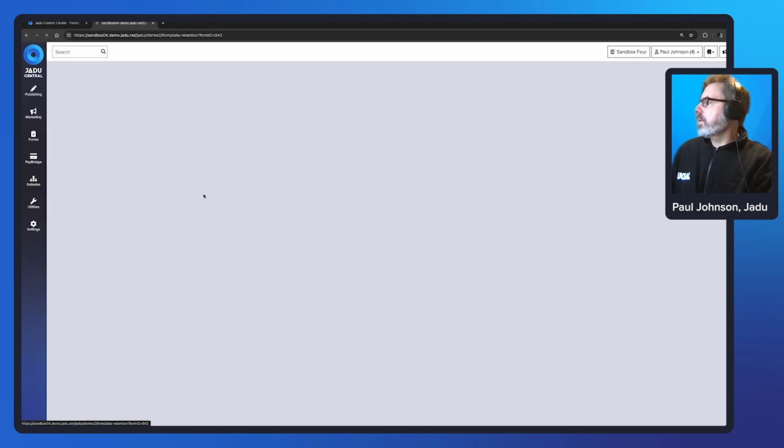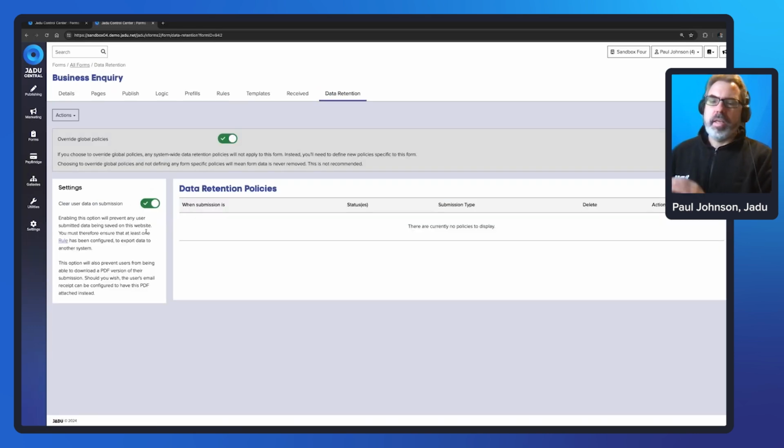What this will do is if I switch this option on, it will check that all of those actions have been completed successfully before it deletes the data. So if, for example, it fails to raise the case in Jadu Connect, then it won't delete the data. It will still retain it here within the forms database so that you have access to it, because obviously it's not been successfully able to pass that over